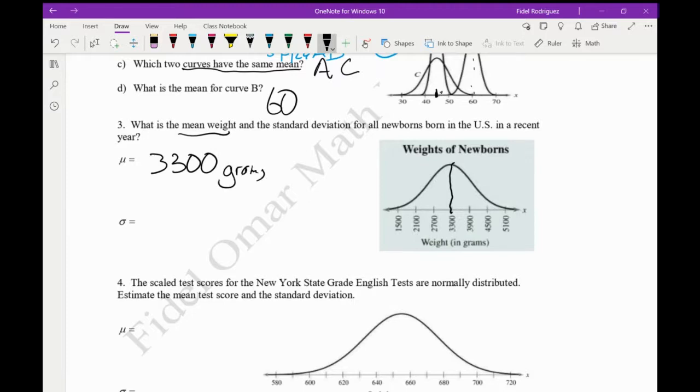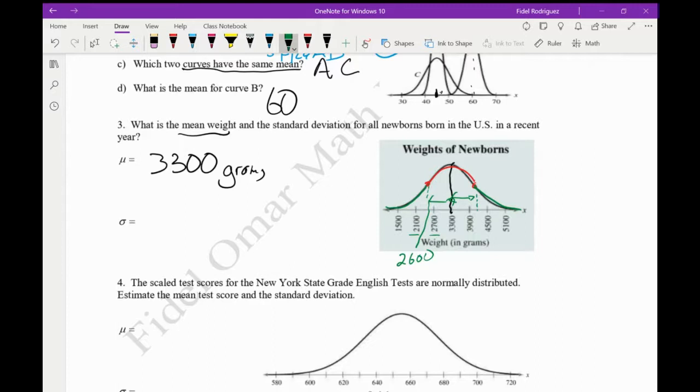Okay, and now we want to find the standard deviation. So what I'm trying to find here, guys, is these points right here, where the graph kind of changes from going down. So like right here, it's going down. And then right here, the graph goes up. We're looking for this distance right here, or this distance right here. So this is 2,700, this is 2,100. Oh, I don't know, I'm going to make this up. I'm going to say this is about